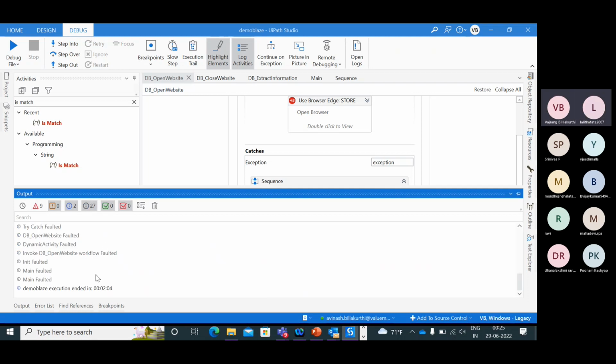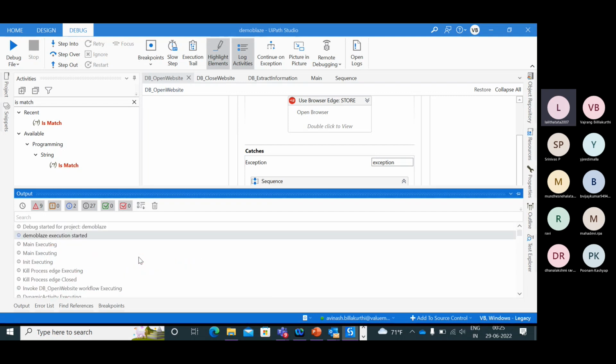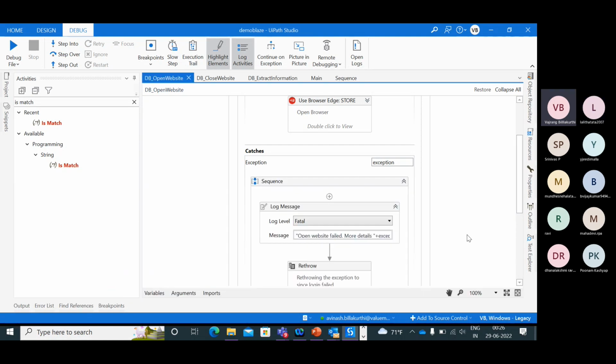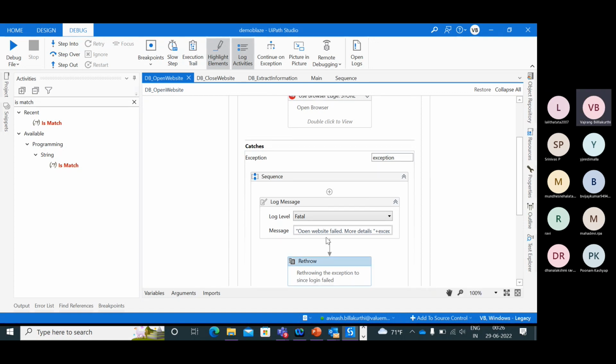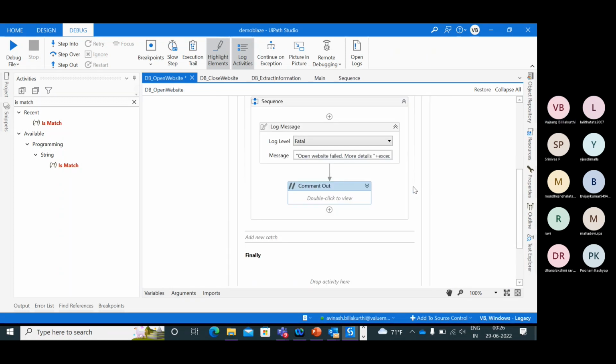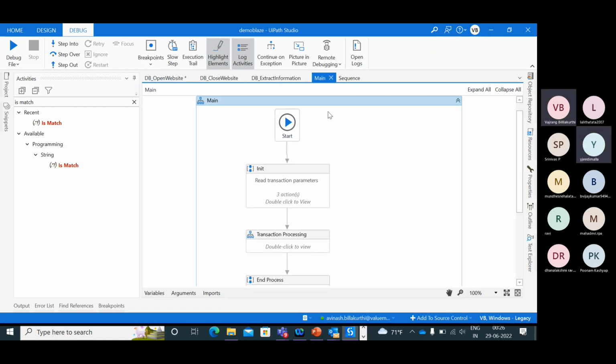Because you know that you might get an error, that's why you have put the code in a try catch block. Exactly. So I'm assuming that there can be an error, and if there is an error, how can I handle it? That's the reason. If I handle it here, let's assume that we don't have rethrow. So what will happen? We started main, init failed, then what will happen? It will not end the process.